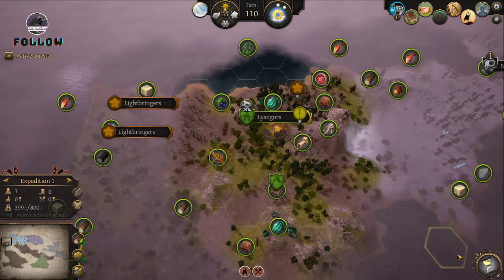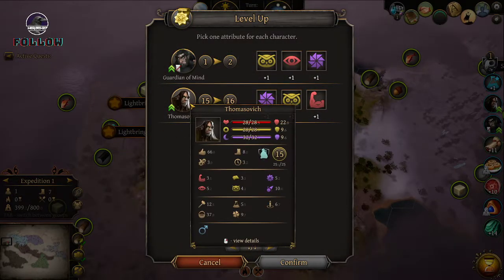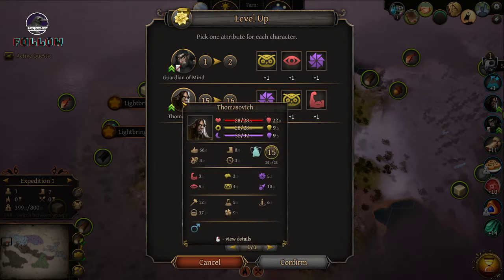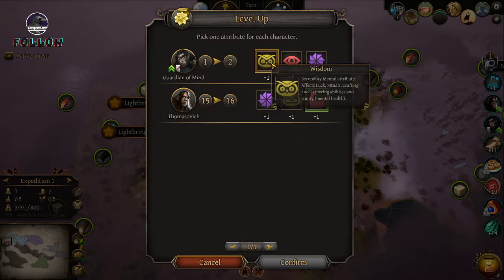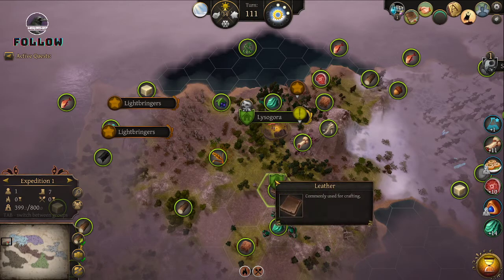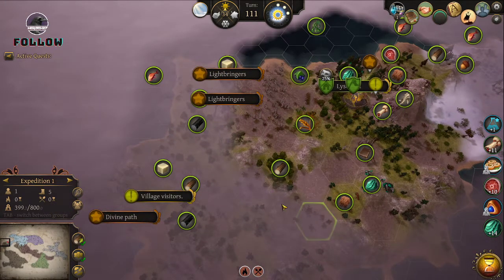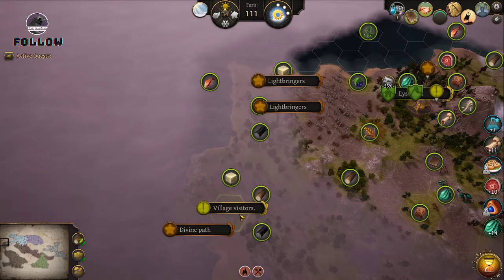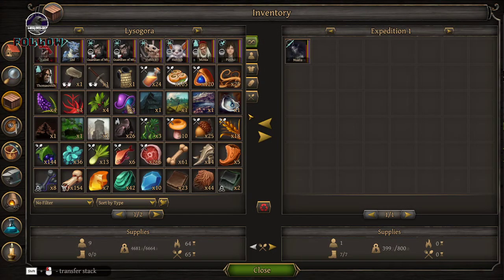I'm not sure what our overall plan was, but probably continuing the main quest. You can take some strength, I guess. You can take some wisdom. And we need a proper expedition if we want to continue with the quest. Village visitors. And we also have the divine path. Well, let's get ready for...